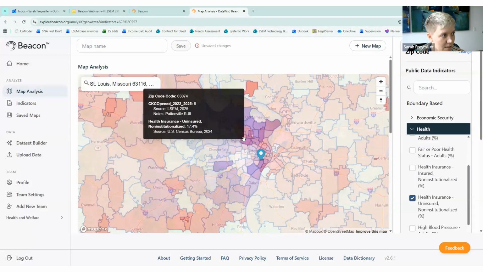For instance, if we look at this specific zip code where Pattonville is located, we'll see that they have an uninsured rate of 17%, and we've had 9 cases in the last 4 years. So I think it will be really interesting to look at the different visual cues that our team can look at to say, oh, maybe we want to think about trying to reach out, have outreaches here, establish more partnerships so people know that they can continue sending these cases to us.